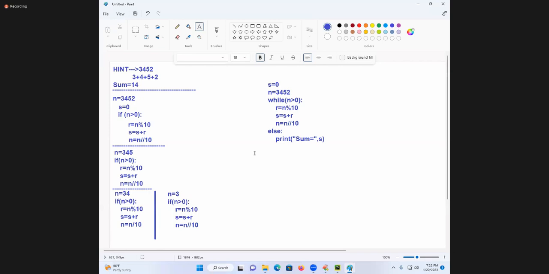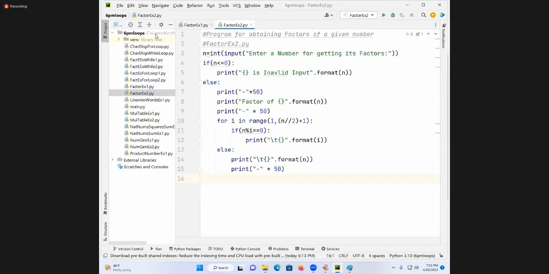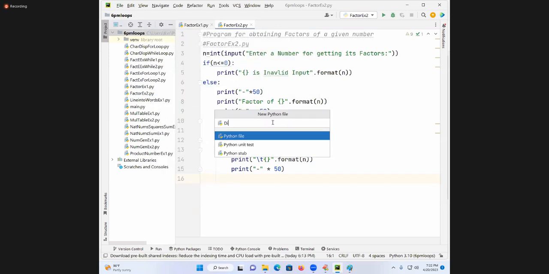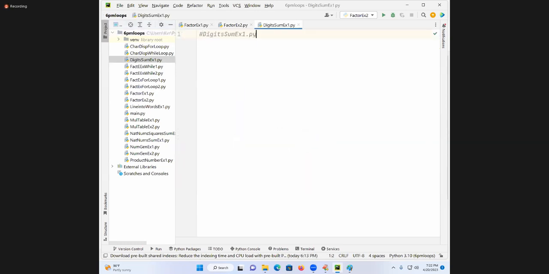Is it clear? Shall I implement it in coding? Did the girls follow? Right. Online students, is it understandable? Go to the place. Here, digits sum example 1 dot py. One logic I am doing. One more logic I will tell you. Most wonderful logic. See, program for